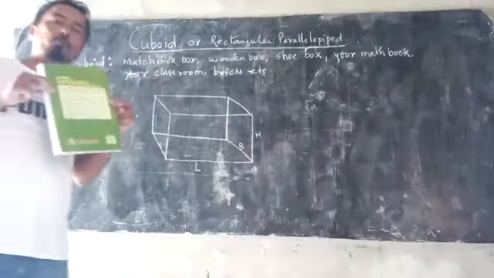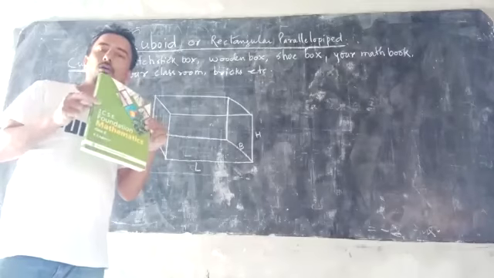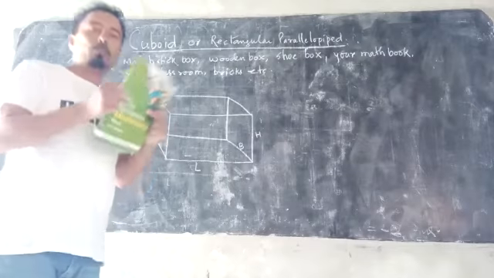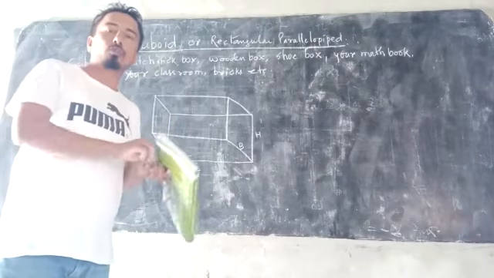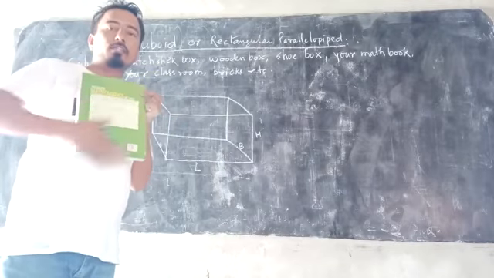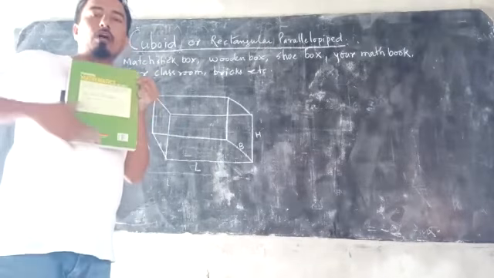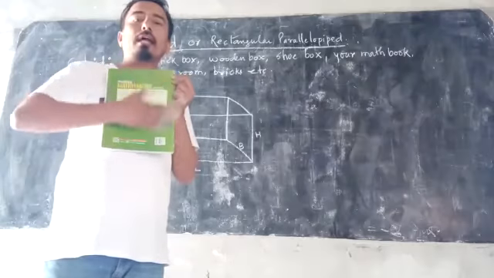You see here, this book. This is a math book. In this math book, you see how many surfaces are here. I just want to show you the surfaces. You see, this is a plane surface. How does this plane surface look? It looks rectangular, like a rectangle.